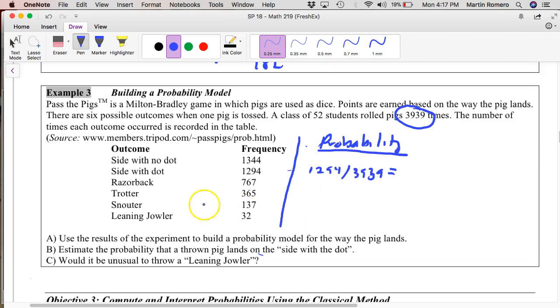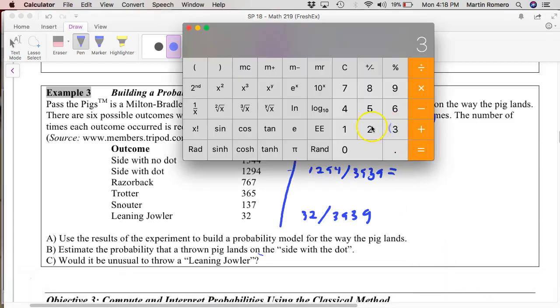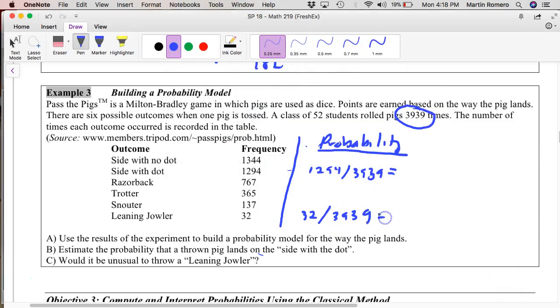If we were going to make the probability model, we would fill up this table here and finish that. Would it be unusual for a throw to land on a leaning jowl or whatever that is, right? What you would do is 32 over 3939. We would have to pull up the calculator again. So I'm going to do 32 divided by 3939. And that equals 0.008 to 3 decimal places. So this here is 0.008, which is equal to